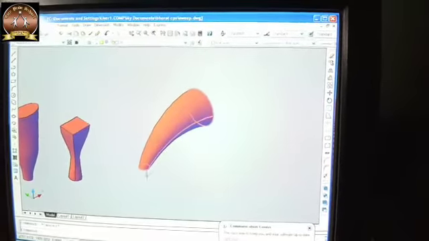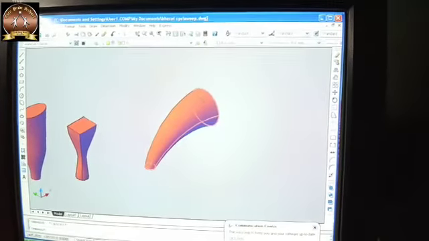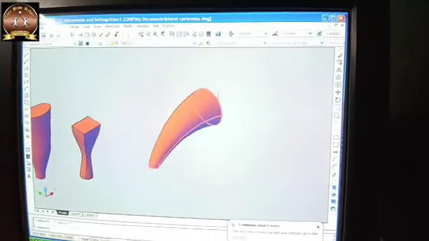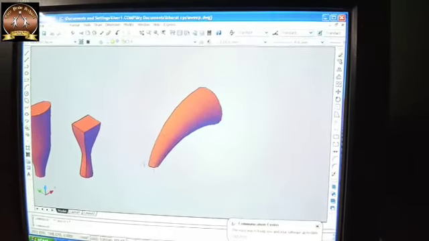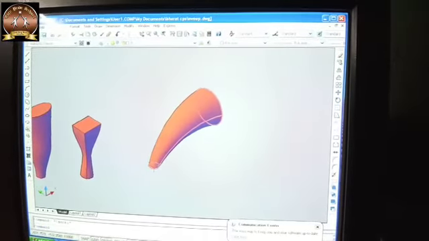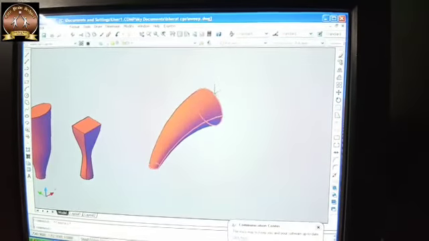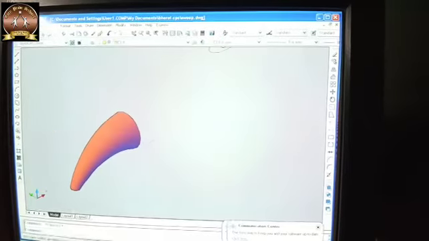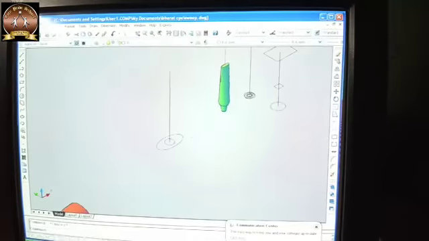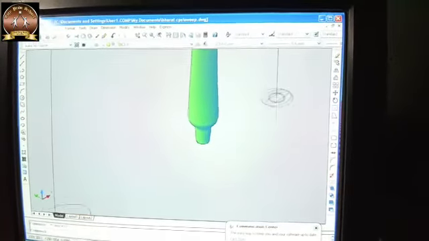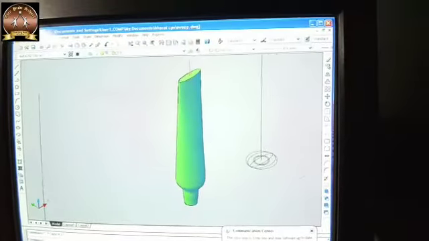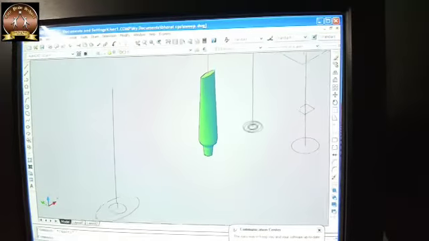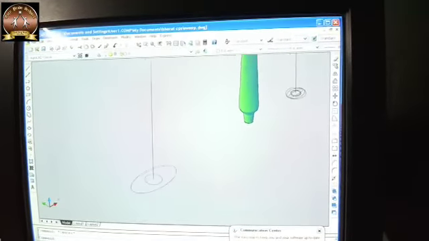Here I have taken a bend, meaning an arc, as a path, and a small circle to start and a big circle to end. So I will get a hopper-like structure. So how can we do that? We can also make a Colgate-like structure. So see what I am going to do.